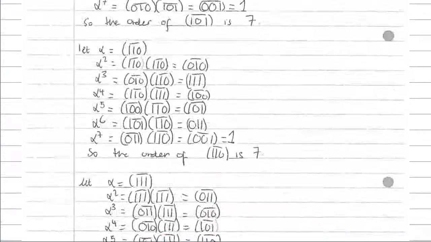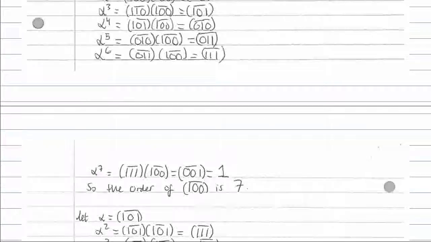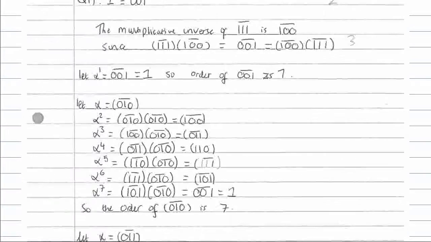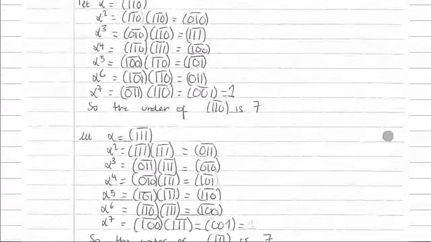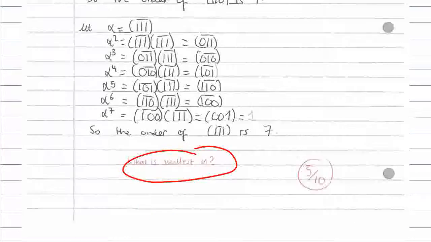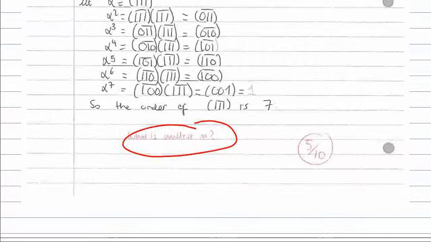Okay, so you say that the order is 7. Strictly speaking, you had to say what was the m which works for all, and you didn't say that. Well, I think that to deduct 5 marks for that is a bit too harsh, so I'm going to change that,